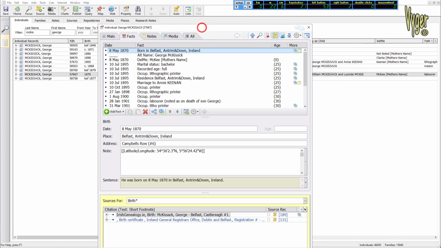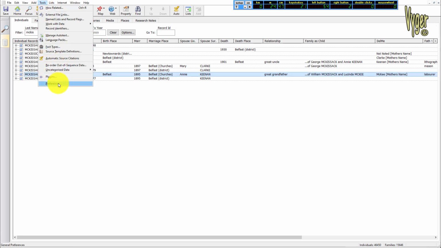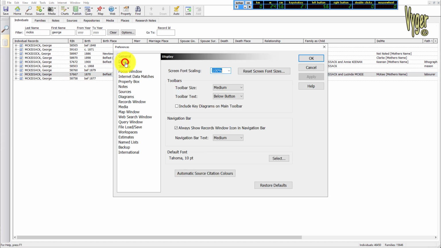Let me get that off screen again. And this is probably quite tiny for people, so I'm going to increase the text size here. So at the moment I usually use 85%. This may be 100 actually. So preferences, display, yeah, it's on 100. I'll turn it up to 120 and apply.